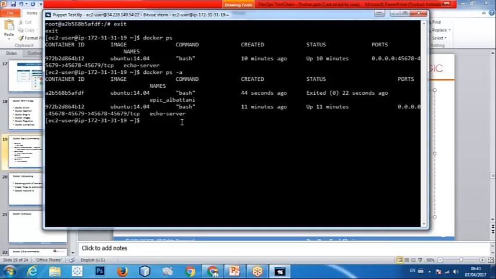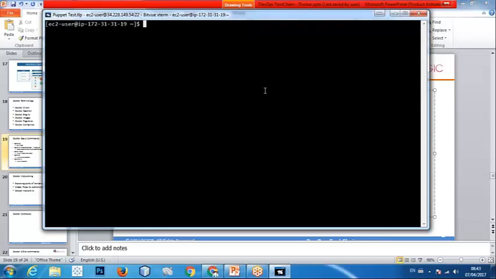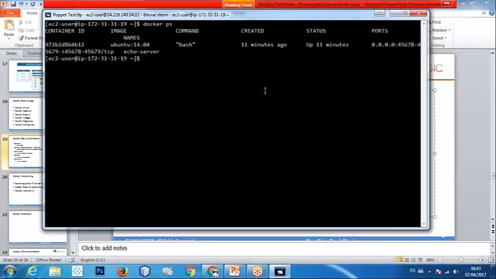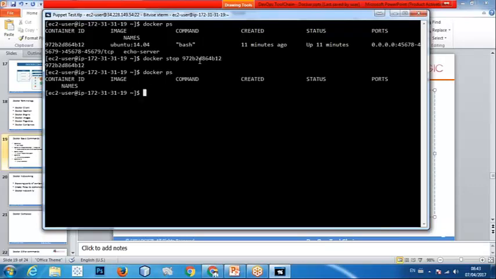And if I want to clear off all the previous things, and I don't want any previous containers, let me just stop the other container which is running. I want to stop the container. docker stop. It's a big number. I don't have to type it because I can simply double click it and right click it here. That will stop the container. Done. So docker ps. I don't have any running container,